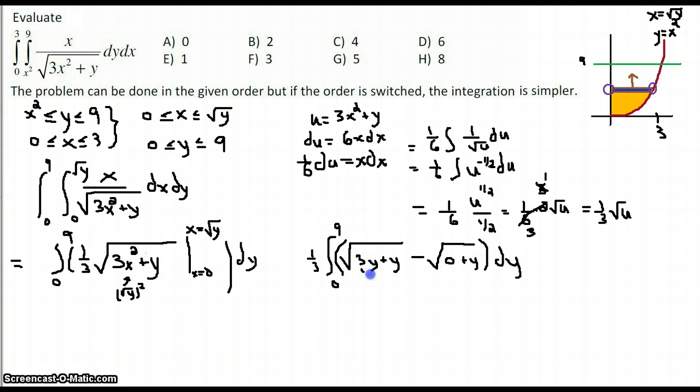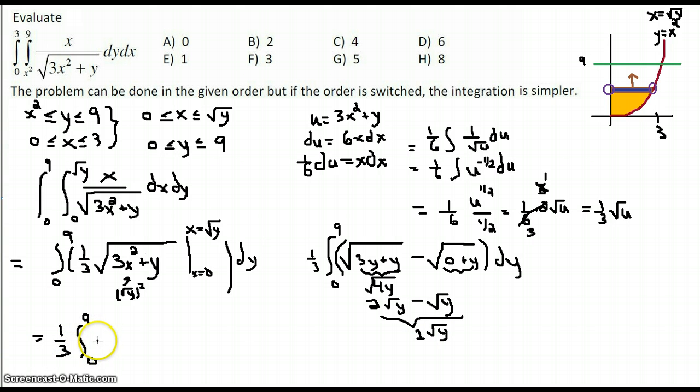Now this first one is a 4y underneath a root, that is 2 times the square root of y. Conveniently, this is the square root of y. So 2 root y minus root y, it's like $2 minus $1, you'll be left with $1. 1 root y. So there we have it. We have the integral 1/3, 0 to 9, y to the half dy,